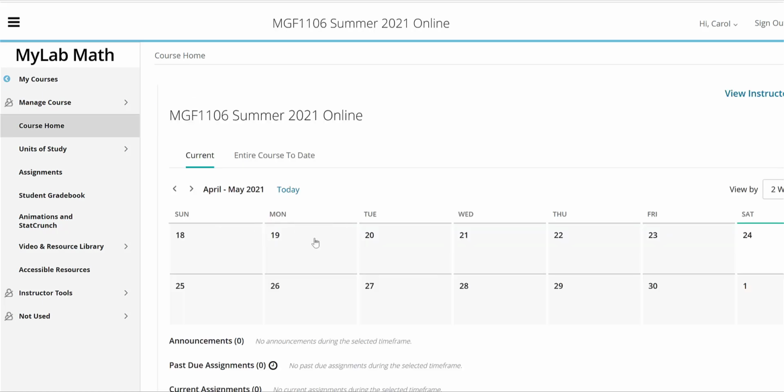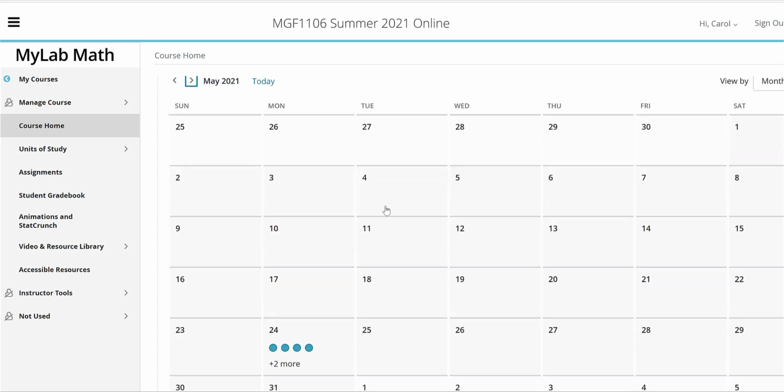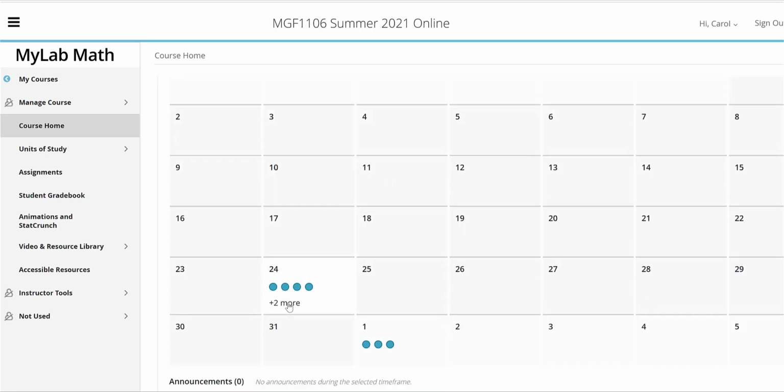When you first go in, there's a calendar here, and you can view this any way you want. This is a month at a time. So if I go ahead to the next month, you'd be able to see the different due dates coming up. In May, you have the first set of assignments due on May 24th, and then June 1st. And on the left toolbar, you'll see units of study, which are set up the same way as our units of study modules in the My Courses